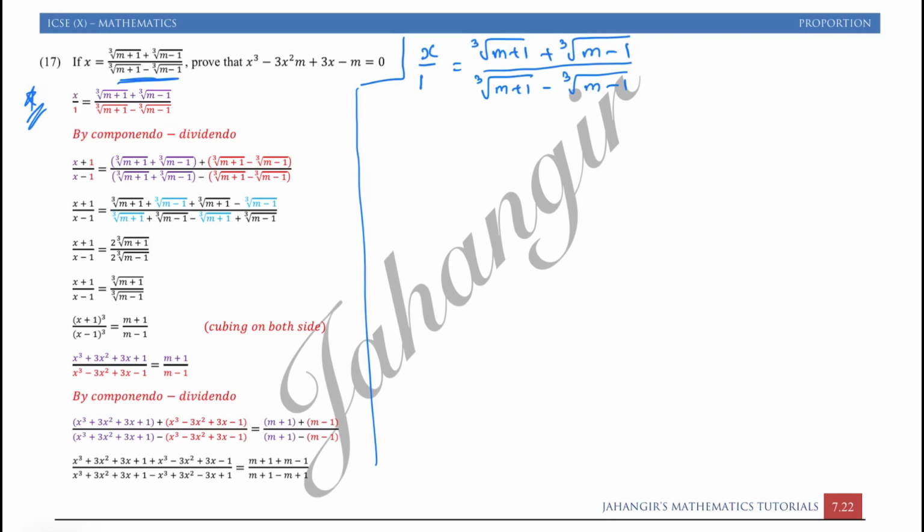So here what we will do, since terms are same, we are going to take componendo dividendo for this. We will just write componendo dividendo: x plus 1 upon x minus 1 is equal to cube root of m plus 1